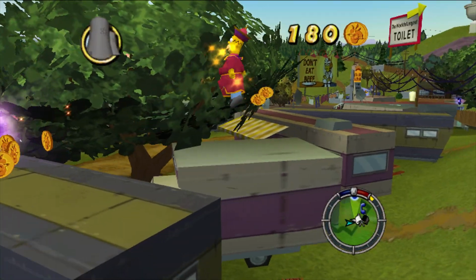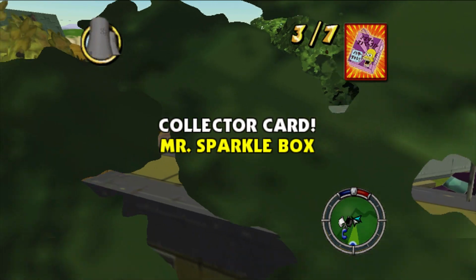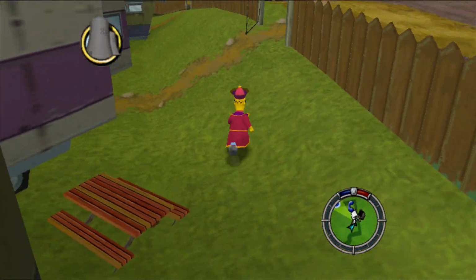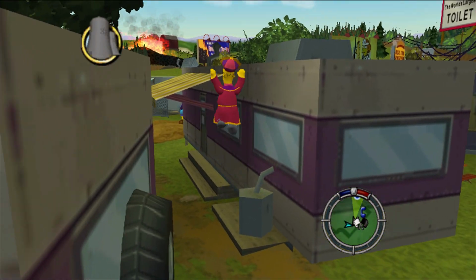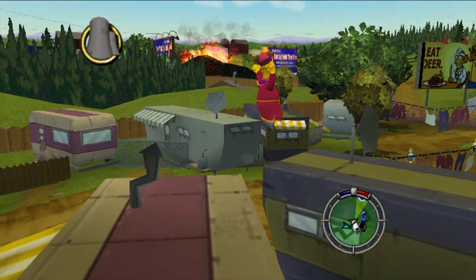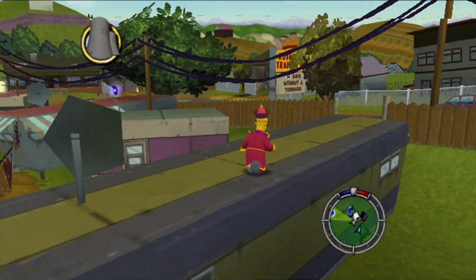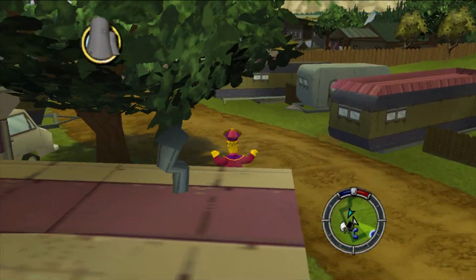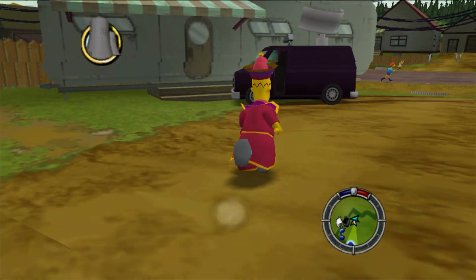Yeah, and like we saw on the bridge, ooh, that was close. If you're up on an elevated surface, sometimes it'll actually get tough to get coins and whatnot. I don't think there's anything else here. Doesn't seem like it. Okay. So yeah, and then with those cards, you can actually